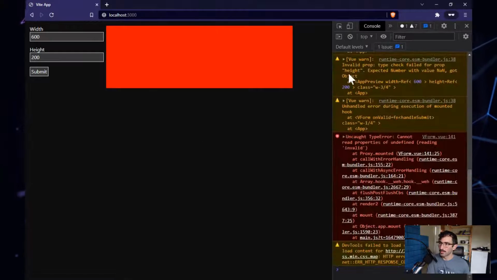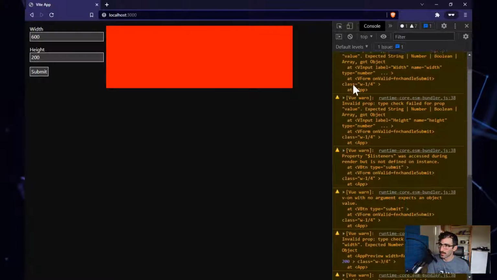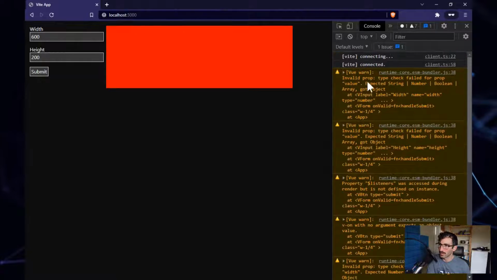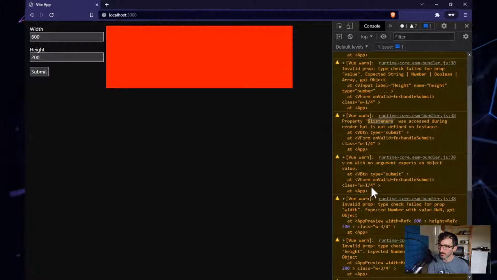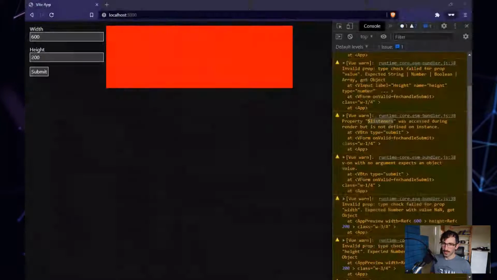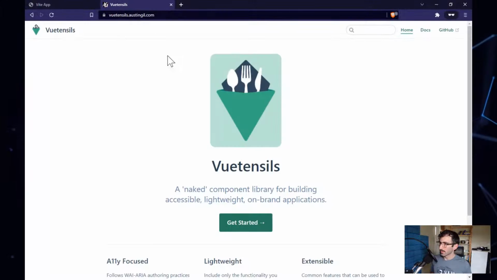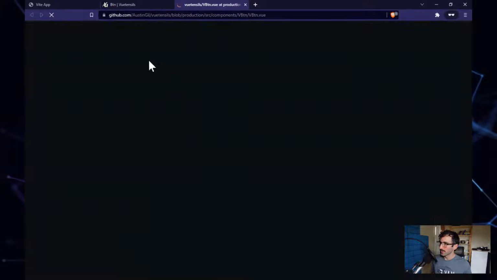Okay, so if I refresh, do we have any issues with the actual form? Warning on input components. Listener was accessed. This is listeners on what? The submit or on the form? So I'm going to fix some of these issues, and part of what I'm going to be doing today is actually debugging some of these issues for Vue 3. So I don't know what's going on there. So we're going to go to the source code and just kind of,